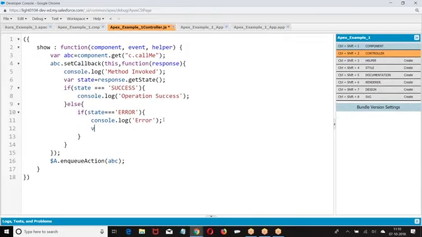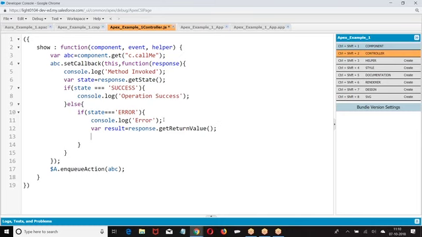I'm giving var result equal to response dot get return value. Whatever value the response is giving, get this value. Once you get this value, what do you want to do? Component dot set, I am storing this value to a component.